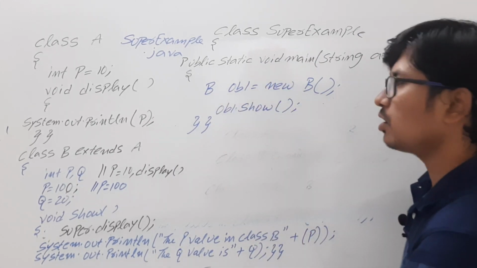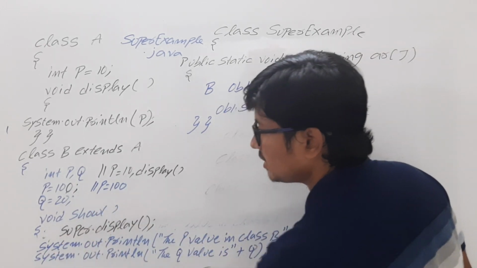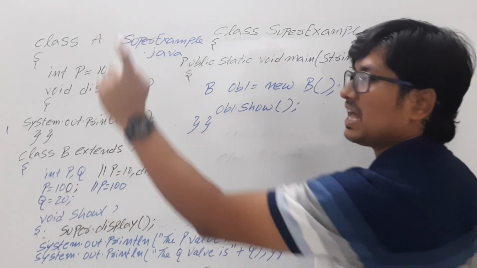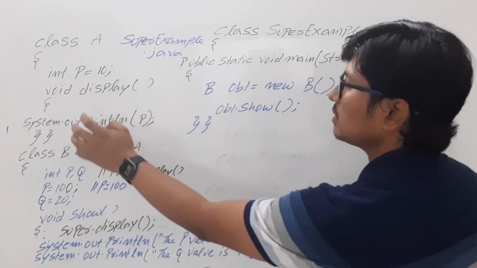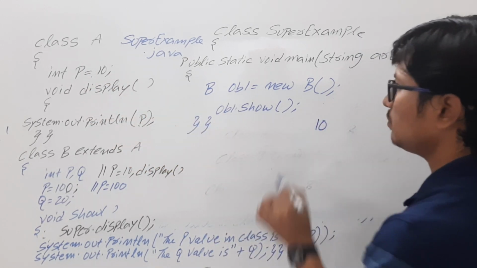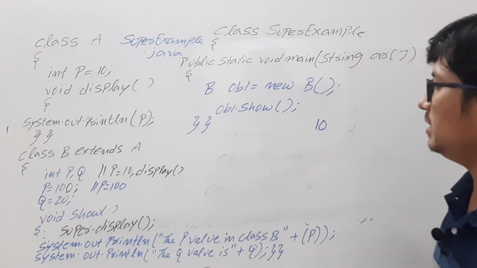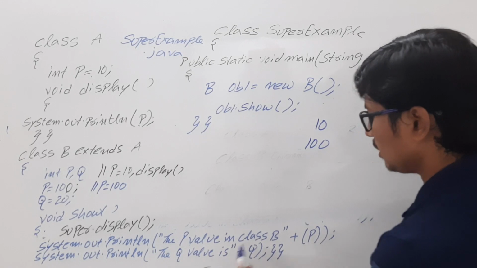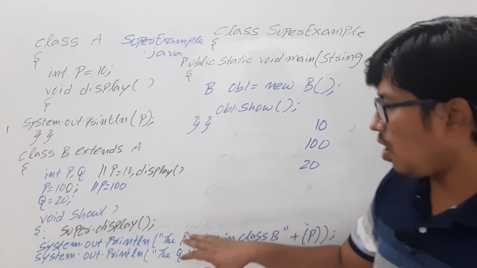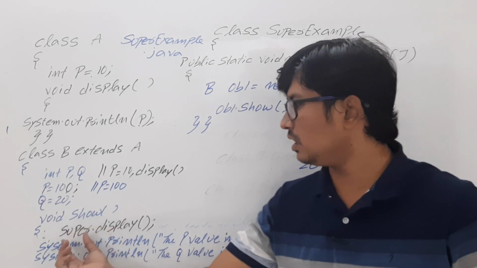You created an object called ob1. Using the object, you are calling the show method. Then what is actually happening is that you are calling the display method in the superclass, which is class A. In the display method, you are printing the p value. What value will it print? The p has the value 10, so it will display the output as 10. Then System.out.println, the value in class B is 100 will be displayed, and the q value is 20. So this is the way you can call the superclass members, such as variables and methods, using the super keyword